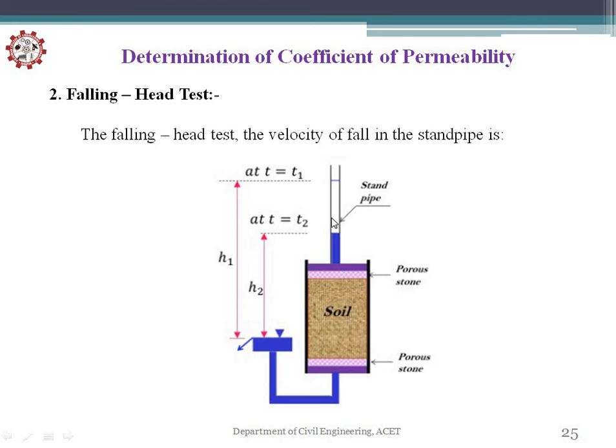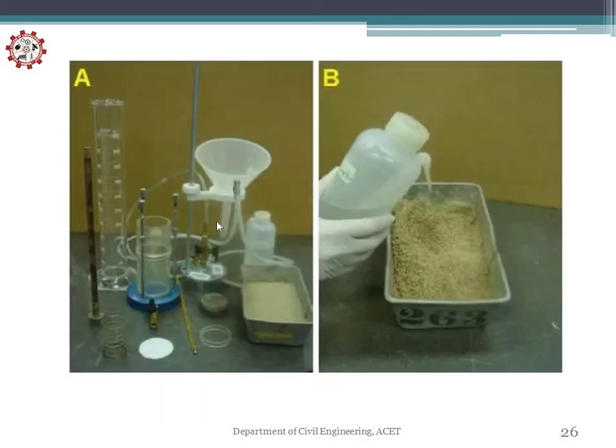How much time this water will take to pass through this soil bed and again come into the container. This is the first height and this is the second height after the water is poured into the soil, and the time required to go from H1 to H2 is noted, that is T1 to T2. First is your initial time and second is your final time. So V equals minus dH into dt if we take the small area. Then you can see that this is the first apparatus condition.